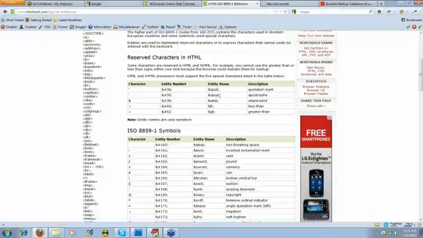So what we're going to do, like I said, you can use either. Instead of the ampersand APOS semicolon, we're going to use this entity number, which also is an HTML entity that represents the apostrophe symbol. So we'll go back into